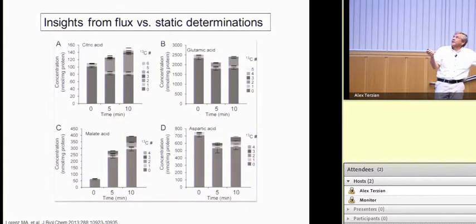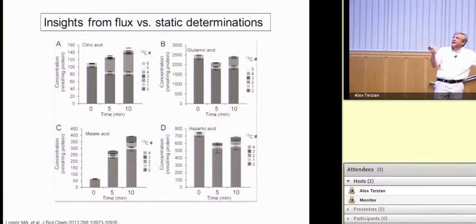And that goes down, then it rebounds, and then you start filling up with more 2-label. And so there seems to be a rapid consumption of unlabeled glutamate. You can see how this goes down. And then there's a rebound of glutamate, but it's labeled glutamate, and it seems like that probably comes from the alpha-ketoglutarate, because that's the only way that you can practically get 2-labeled glutamate in this sort of time frame. Okay? So what we see is that citrate is getting 2-labeled, glutamic acid is getting 2-labeled, but there is some